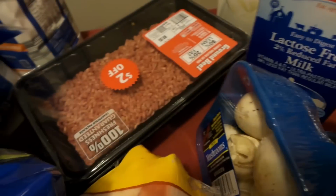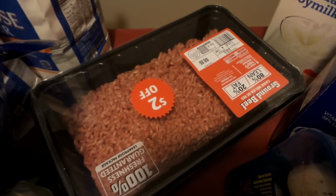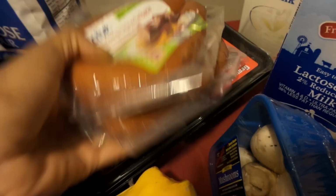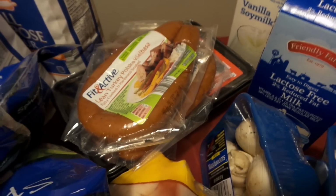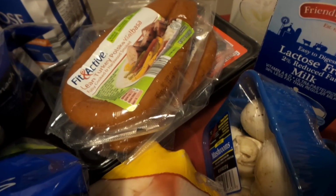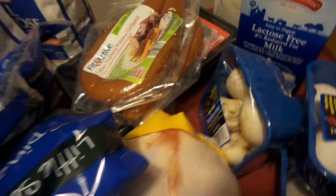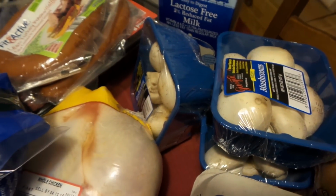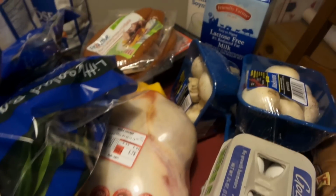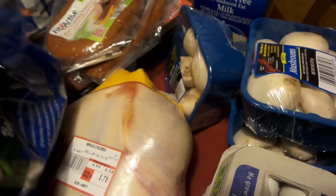I found the 80% lean pack with a $2 off sticker on it, so I grabbed that. So it ended up being $6.86. I can usually get that cheaper at one of our local grocery stores, but I know that I can section that into 4s and use it for 4 different meals that I have ideas for. I'm thinking like a fajita night, which is probably when we'll use the mushrooms and the green peppers, which I'll get to. And I have a lot of ideas for how to stretch that package,